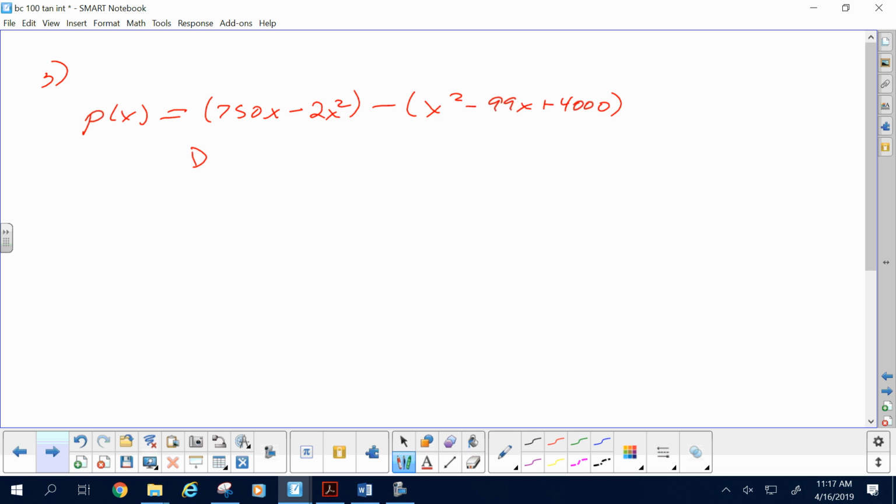Differentials to estimate the change in profit when x changes from 125 to 130 is the idea. So I would say that delta y